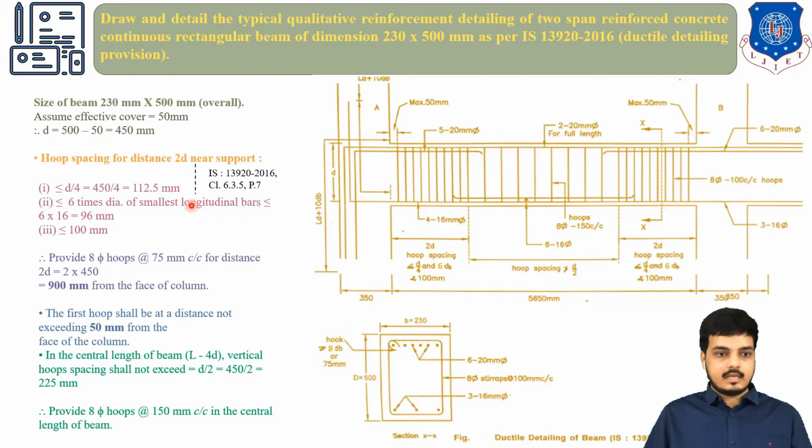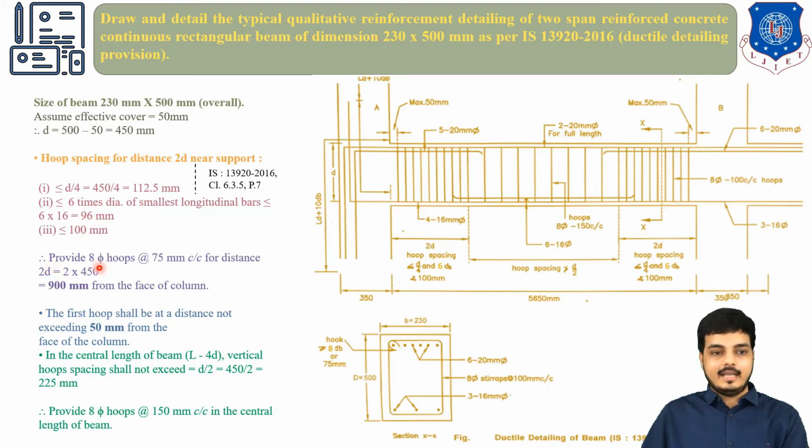Now look how this calculation has been carried out. So this is my calculation as per the clauses. So this we have carried out, and 6 times the diameter of the smallest longitudinal bar. So whatever longitudinal bars you have assumed, right now here it is showing 20 dia, 20 dia, 16 dia and 16 dia. So the minimum is 16 dia, so I have put 6 into 16, it is coming out to be 96 mm, and another is 100 mm. So it should not exceed these 3 values. So from these 3 the minimum is coming out to be 96.